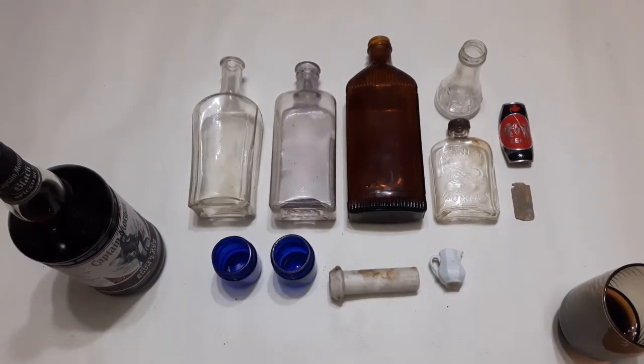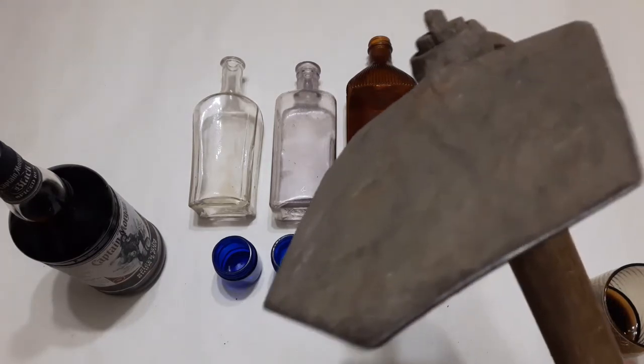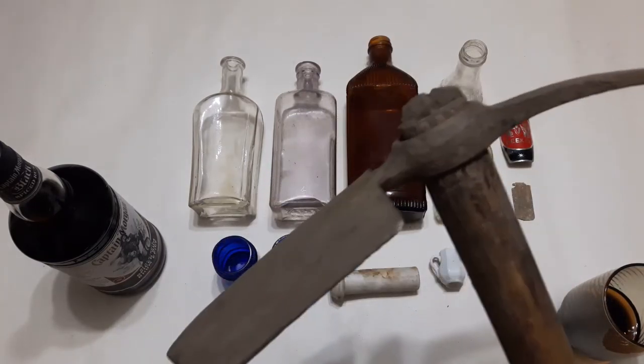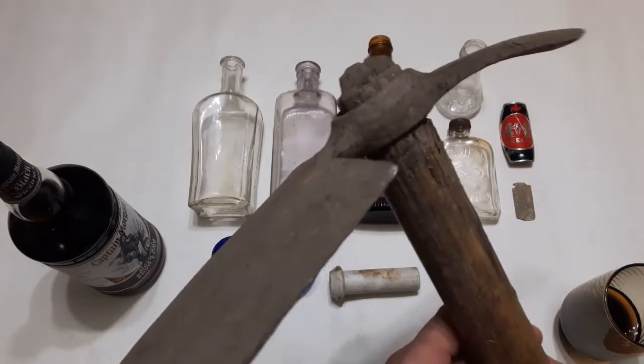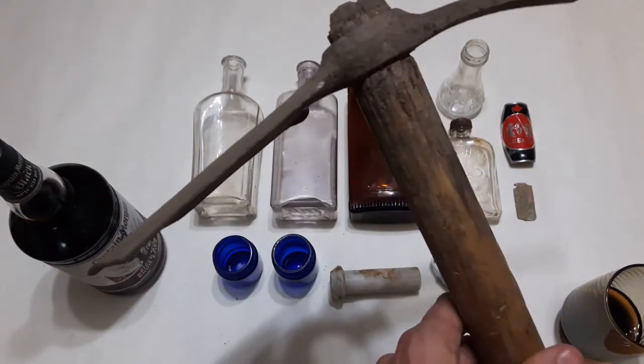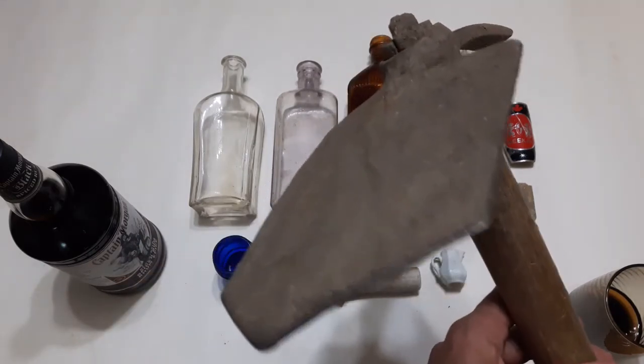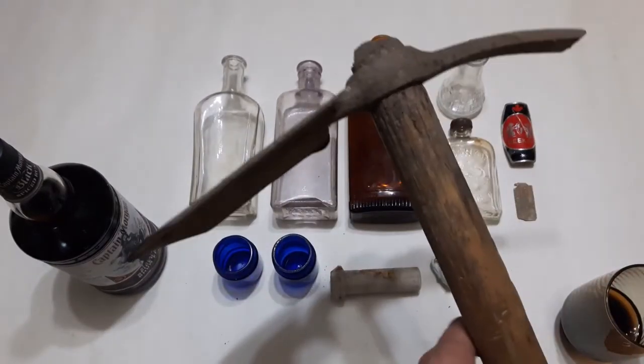Okay, next find, folks, is probably my favorite find of the entire dig and explore, and it's this hoe here. And I posted a short video there a while ago online. Somebody suggested it was a German hoe, I believe, and it also looks like a grub hoe. Not quite sure what type of hoe it is, but there it is. Kind of hard to see